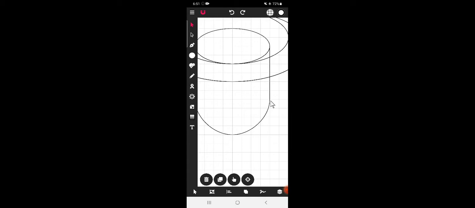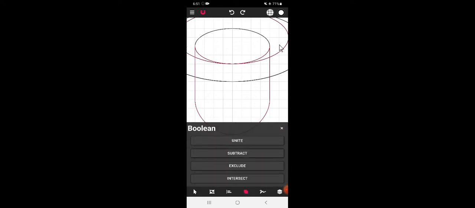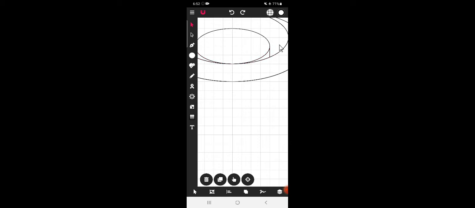Yes, but first we will make two copies of this oval shape, otherwise it will be lost. So make a copy of oval shape, select this. Then select oval shape. Select multiple option. Select the oval shape and we will tap on intersect option. So the intersecting part is only remaining now.